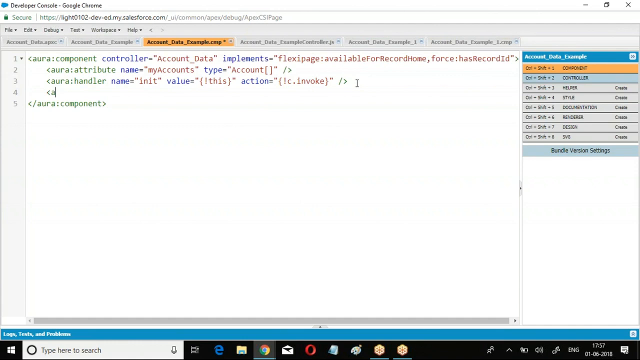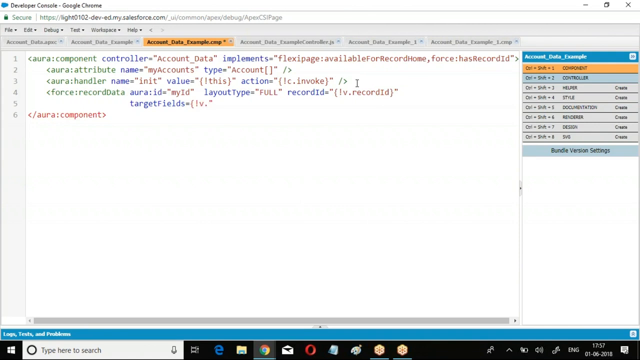After implementing this, I was supposed to create force:recordData, then aura:id, then we had layoutType full, recordId, then we had targetFields,